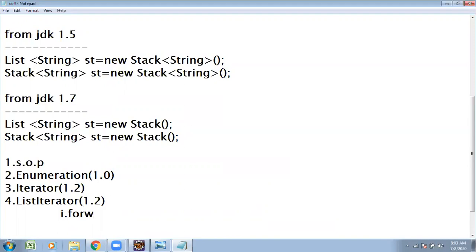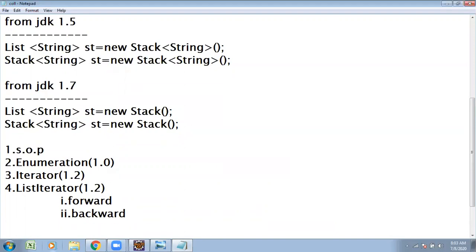Forward direction as well as backward direction. List iterator supports 2 directions, forward and backward. So the remaining ones are only one way direction. Apart from that, we use the for loop technique.